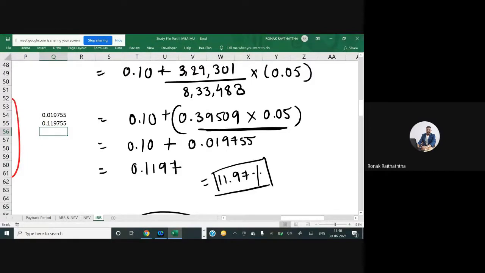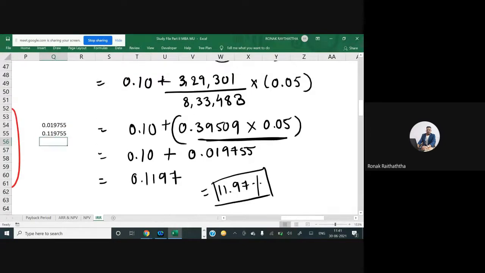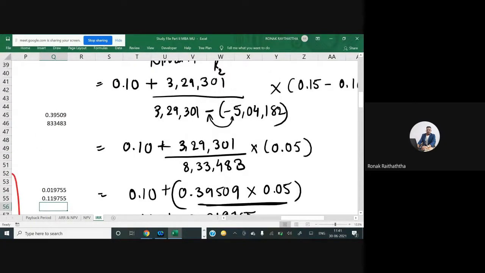So that is the exact rate of return you have got from this project, my friends. That's where the NPV is becoming 0. That's where the PVCI is becoming PVCO. 11.97%. Now that is again an approximate answer, maybe slightly different from the exact answer, maybe somewhere around 11.8 may be the right answer, because that's an approximation. The smaller the gap between these two rates, the more accurate the answer you will have. But that's perfectly fine.